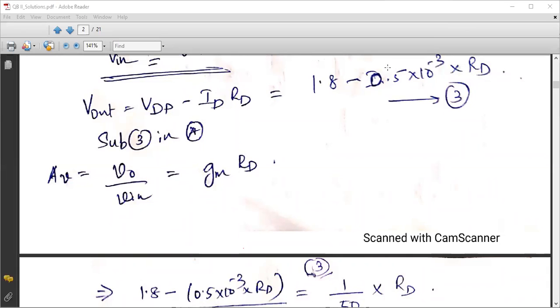Please check whether you are getting 156.52 ohms. Unit is very important. It is ohms. Why is it in ohms? Because we have converted everything into ampere, right? Milliamps is converted into ampere, microamps is converted into ampere, resistance, everything is in ohms. So your final answer will be in ohms. Check whether you are getting 156.52 ohms after substituting the voltage V in and the other parameters. 156.52, sir. Okay.